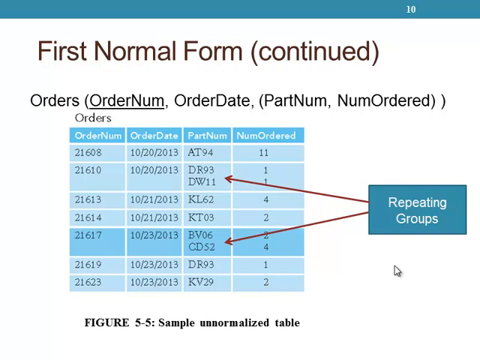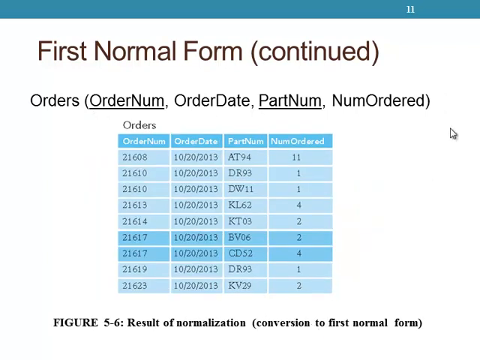So what would a repeating group look like? If you had an order form and you had an order number, an order date, but you had multiple parts on it, that's a repeating group. It's like having two rows associated with one record. Databases don't allow that anymore. So that would have been a bad table, unnormalized. So how is it when it's normalized? Well, what you do is you repeat the order number and the date for each of these. And now for the key on this table, it really becomes a combination of two fields. Everything else in this table is dependent on the combination of these two fields.